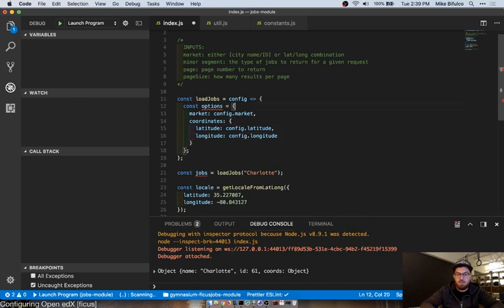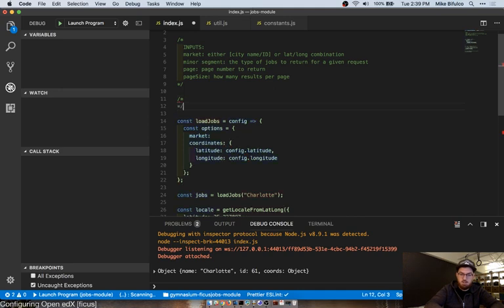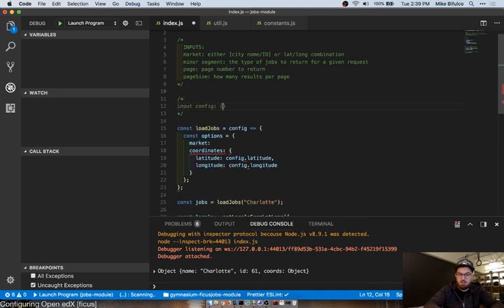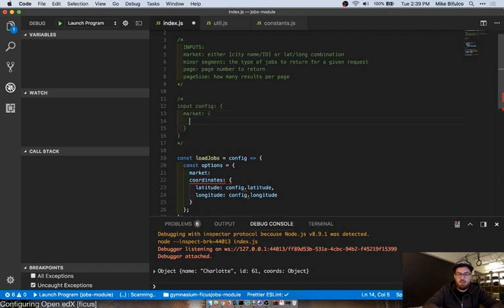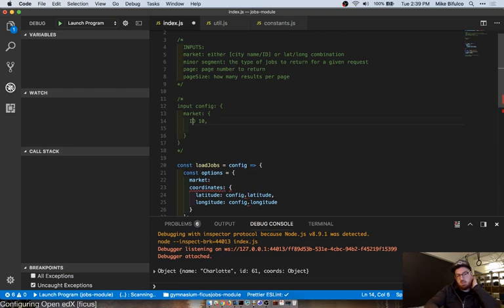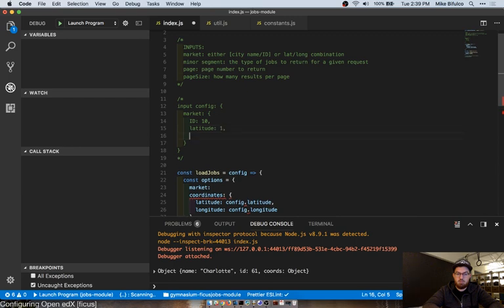In particular, what I'm going to do is a better definition of what this input config looks like. So input config: market ID. Market ID is used if provided.